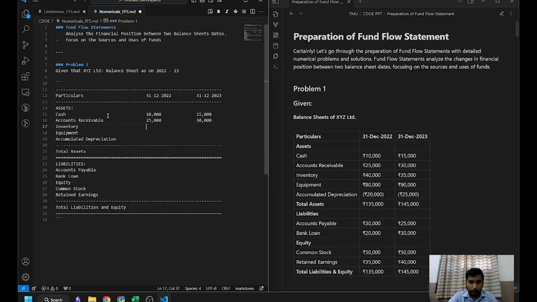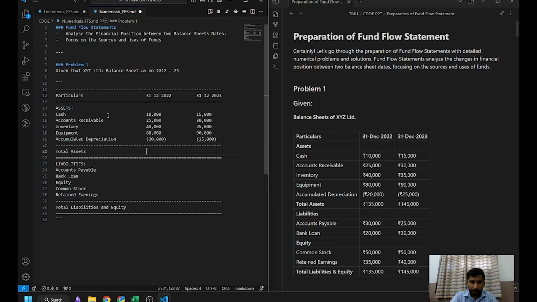Then inventory for the year 22 we have 40,000, and for the year 23 we have 35,000. Equipment for the year 22 is 80,000, and for the year 23 is 90,000. Accumulated depreciation is 20,000 and 25,000,